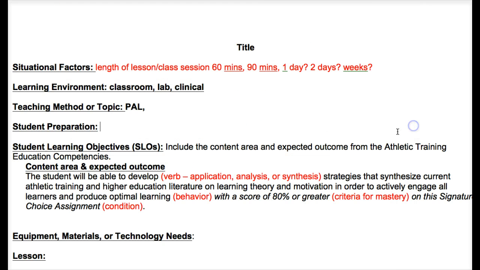So as a reminder, I want you to pick one content area from the athletic training and educational competencies and then one of the expected outcomes. It either can be the knowledge and skills, or it can be a clinical integrative proficiency, or a CIP. I just want you to list that here on the template, and then from there I want you to list